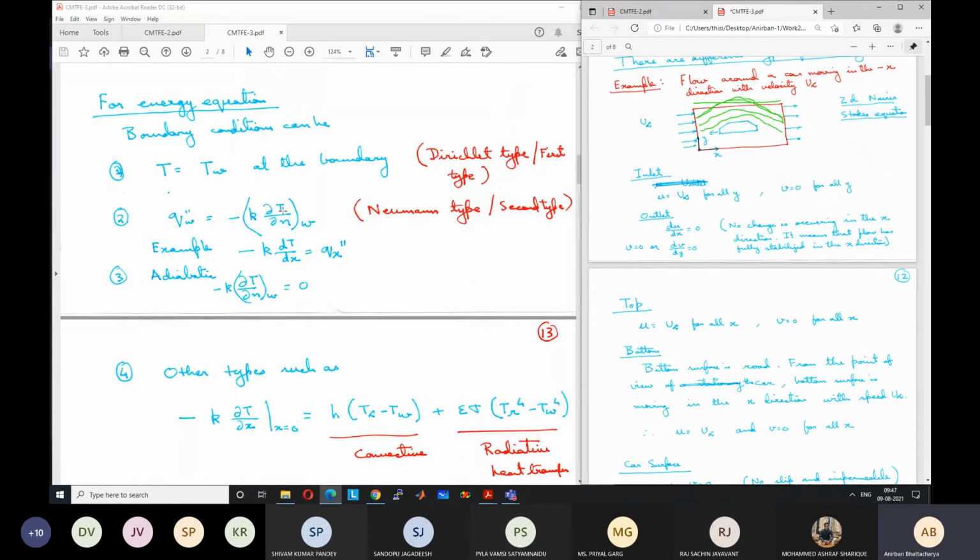We are providing how much heat is coming. Like if there is a heater on the side, these types of conditions are there. Or you are considering the heating of a room, and because of the solar energy, some heating occurs of the walls. So all these are heat flux conditions. Heat flux at any point is equal to minus k dT/dx. As you know, if it is in the x direction, it is minus k dT/dx. If it is in any normal direction n, we can write it as minus k ∂T/∂n, at the wall, where the normal direction, perpendicular to the wall, is the n direction.